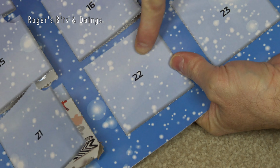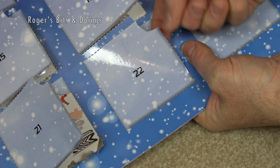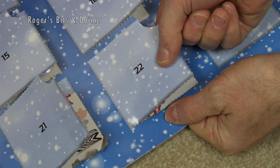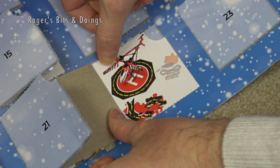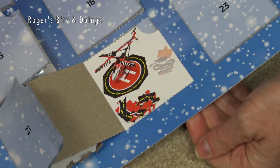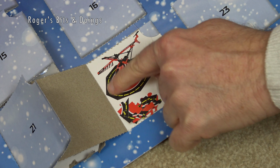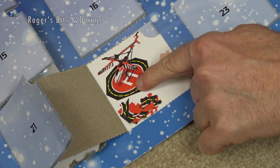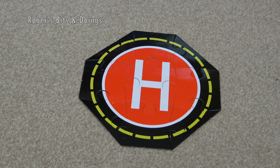Okay, let's reveal the instructions. I just think it'll show us the assembled helipad, I'm assuming. Oh dear. Yes. So basically, it's like a little jigsaw puzzle. We've got to build all the parts to create the helipad for the helicopter to land and to take off from. There we go, there's the helipad, and here comes the helicopter